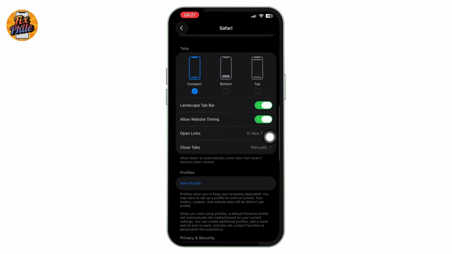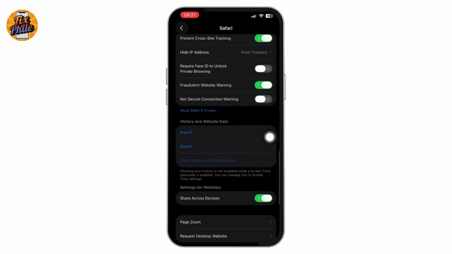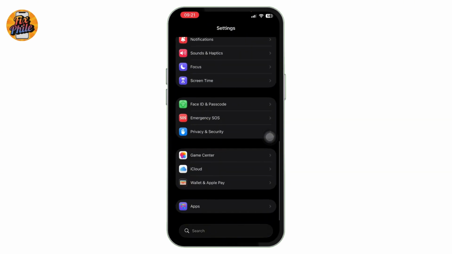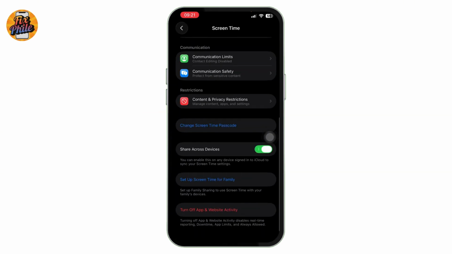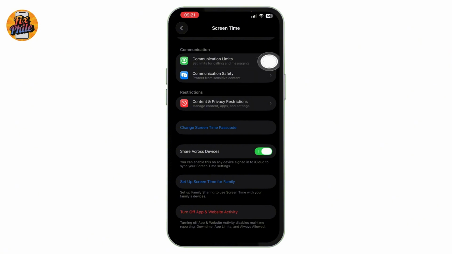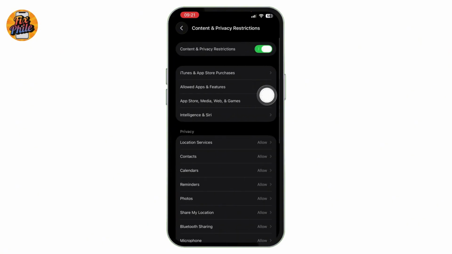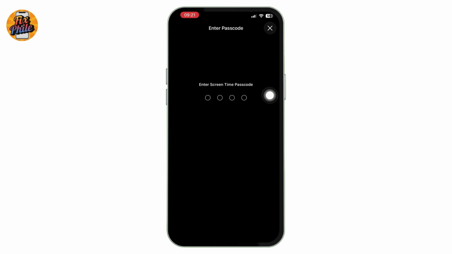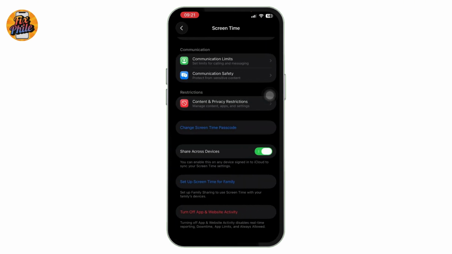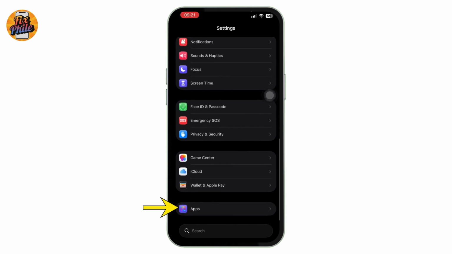Now if that option is grayed out like mine, all you have to do is simply hit back, tap on Screen Time. Inside here, scroll below, tap on Content and Privacy Restrictions, and make sure this button is turned off. Now type in your screen time passcode, and just like that, after that you can head back, tap on Apps